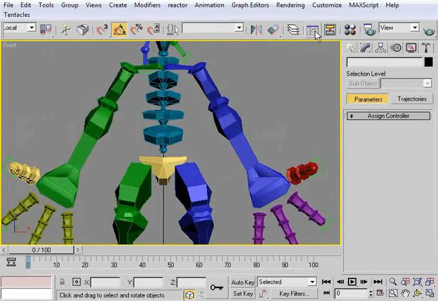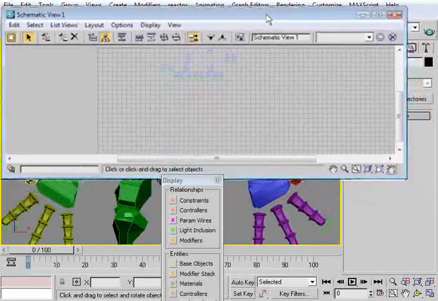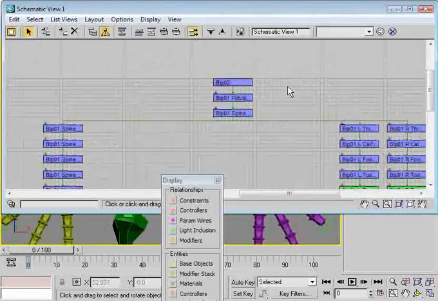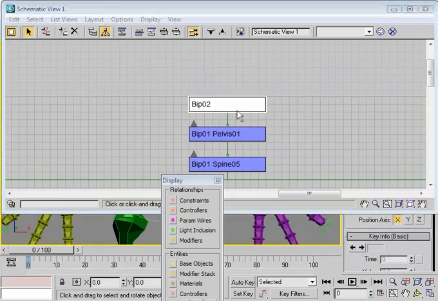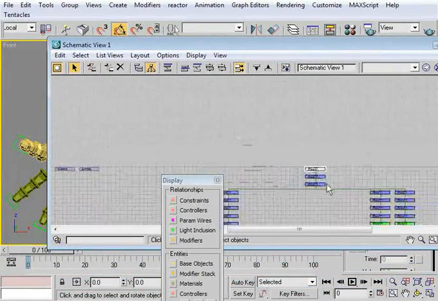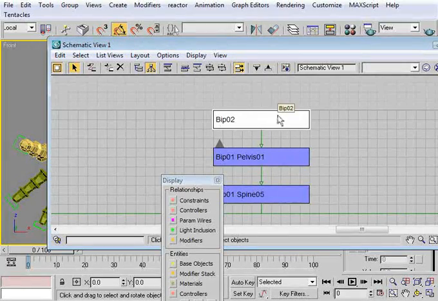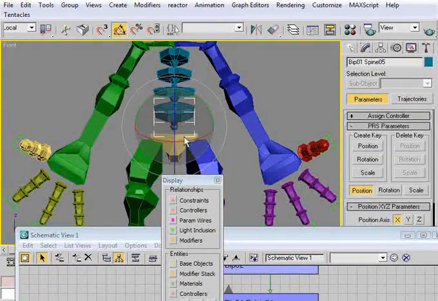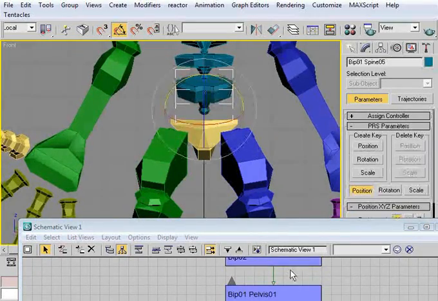We can fix this by coming into our schematic view. I'll try to make this as big as I can. Now we zoom in, and this is actually showing us the hierarchy of our character. I can see that we have biped, which is biped 02, that little diamond. That's at the top of the chain, which means everything beneath it has been linked up. So the pelvis has been linked to the biped, which is fine. But notice that the spine has been linked to the pelvis, and that's not really what we want. We don't want the spine linked to the pelvis. The spine should be linked directly